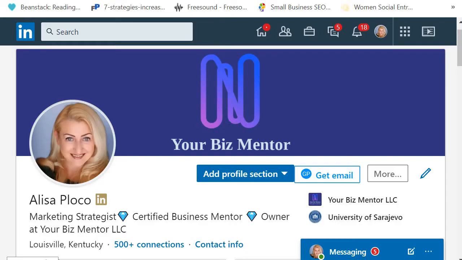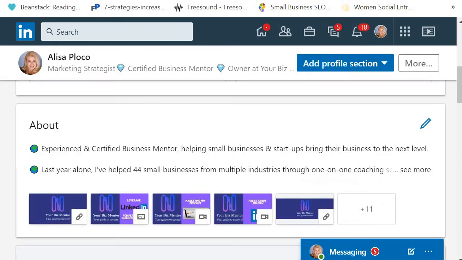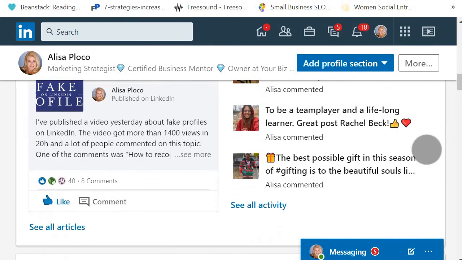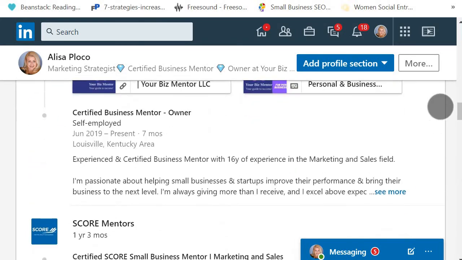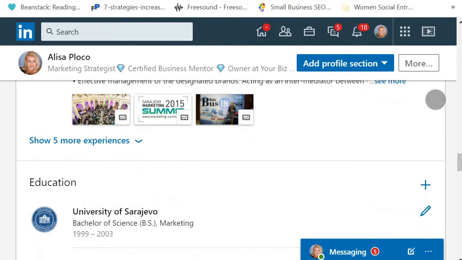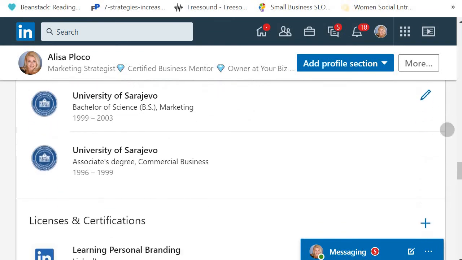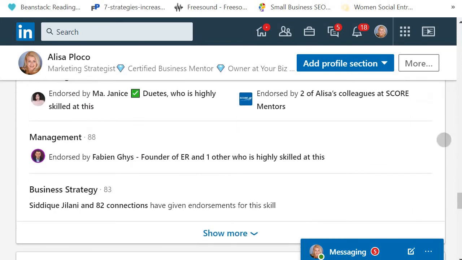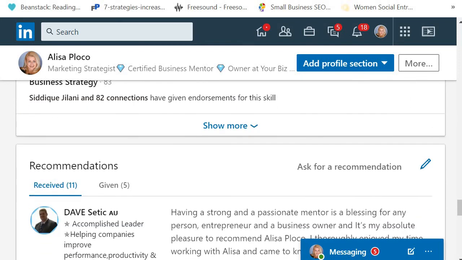Once you are on your LinkedIn profile, scroll all the way down to the recommendations part. Here there are skills and recommendations.